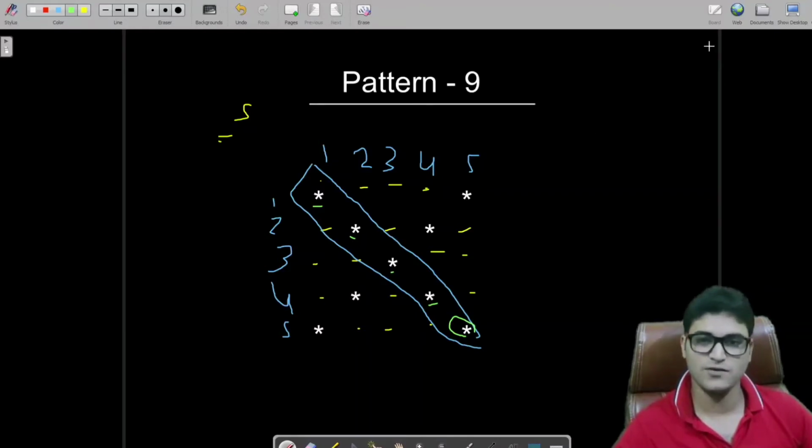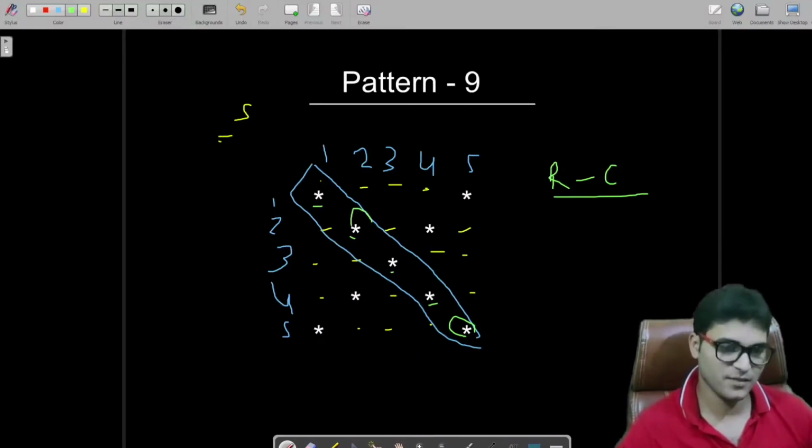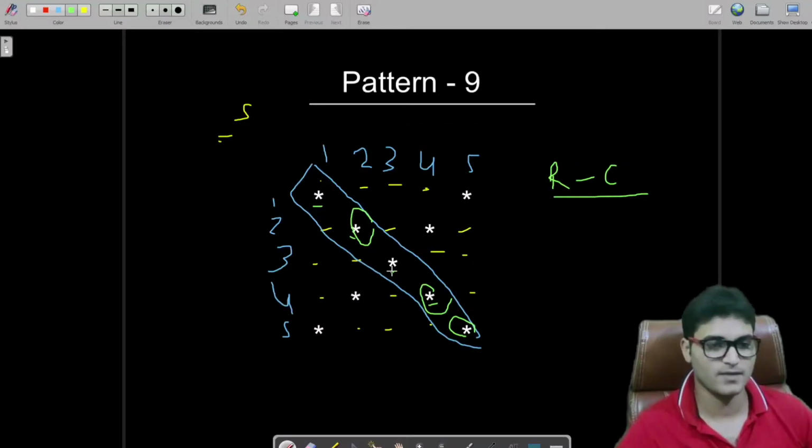So if you noticed here, if we have to print only this, then we have to print a star where our rows and columns are equal. This is the exact logic what we have to do. So look at here, let's say we have printed this star. What is the index for this? This is in the second row and second column. Fine, let's check it out for this one. This is for fourth row and fourth column, and this is for third row and third column. Same goes for first and fifth also. So we have covered this one.